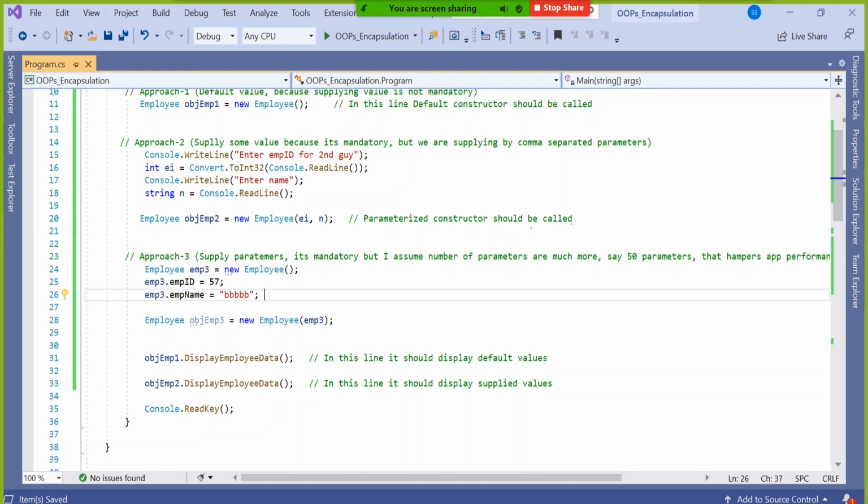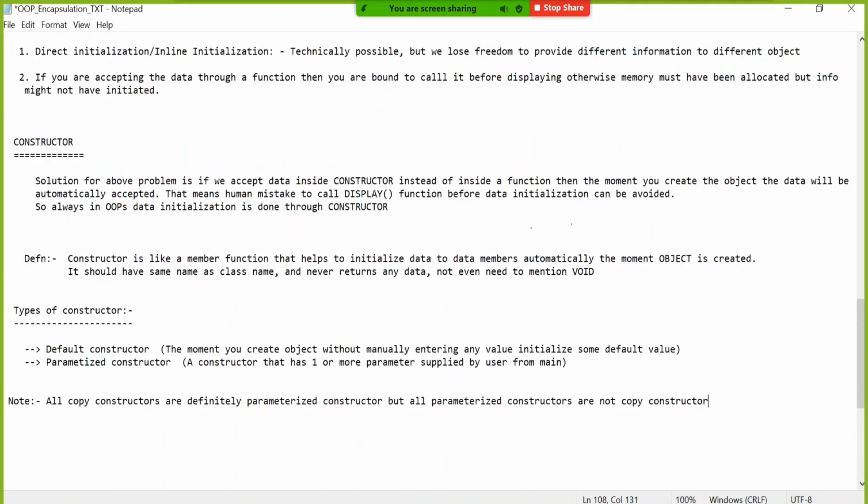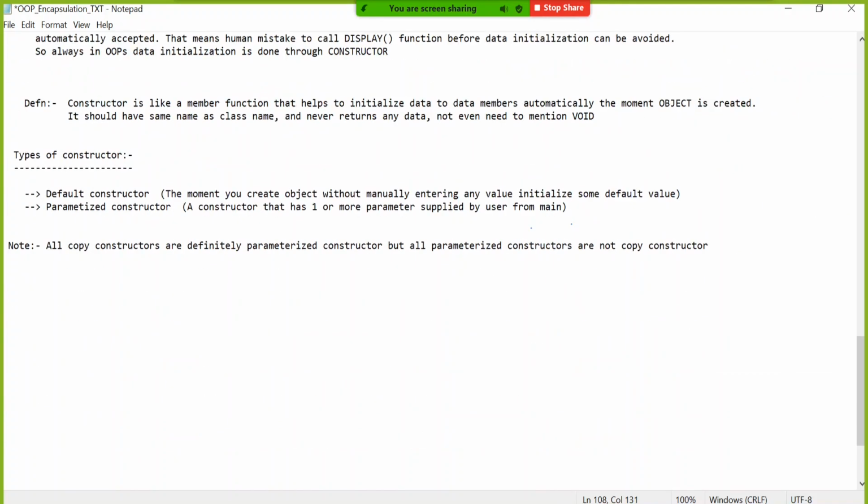Alright, so you guys have to practice this. I will now go to properties. There is something called property. Just now somebody asked me, can I expose that data in another class as read only?